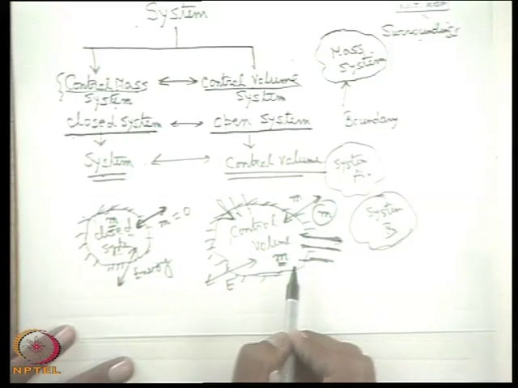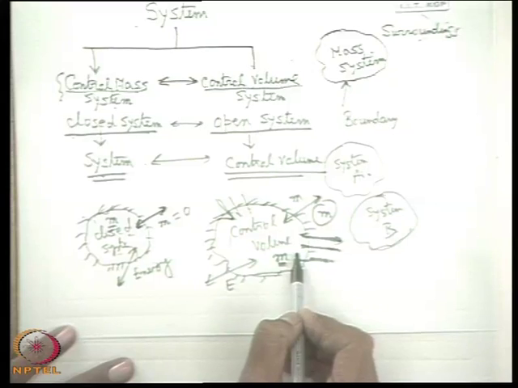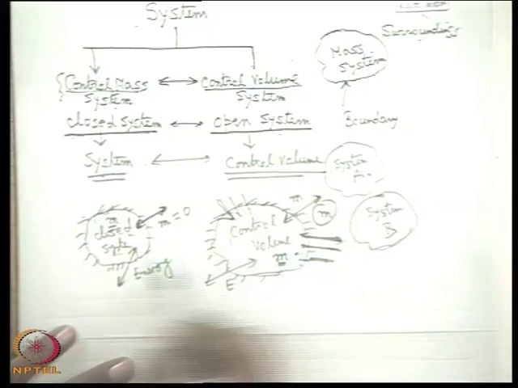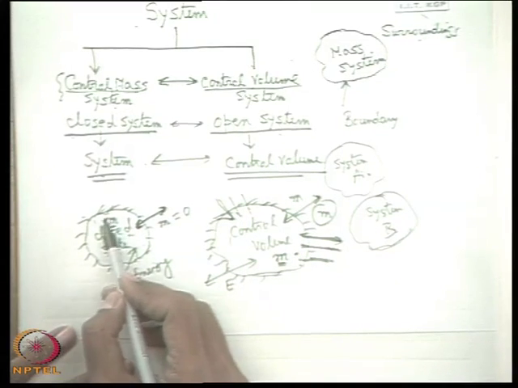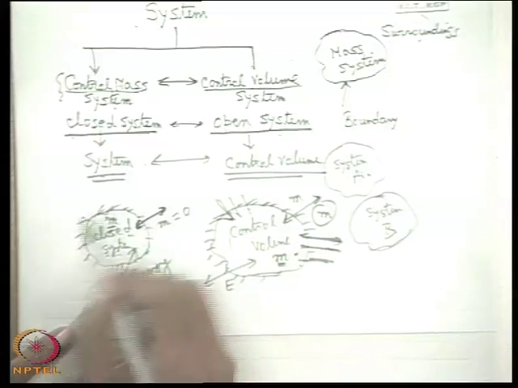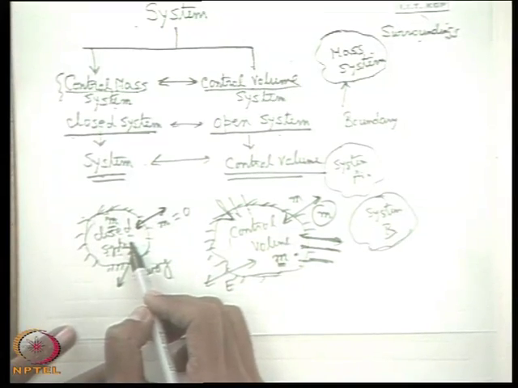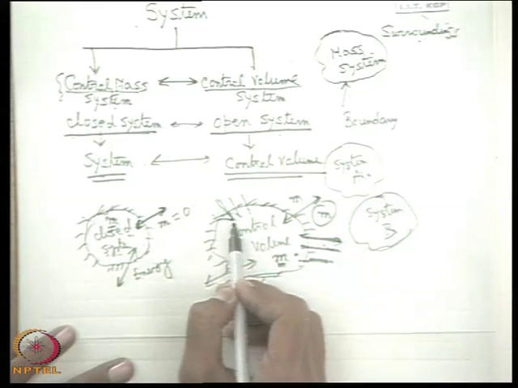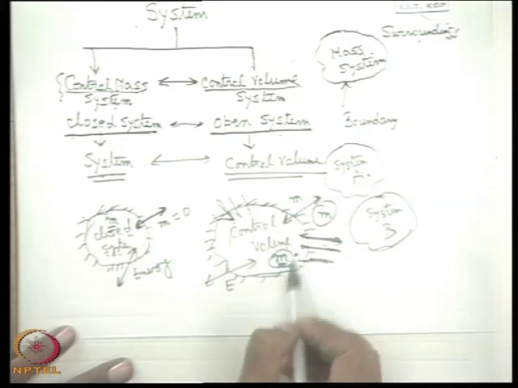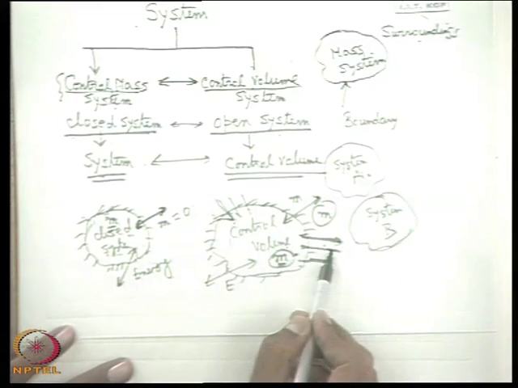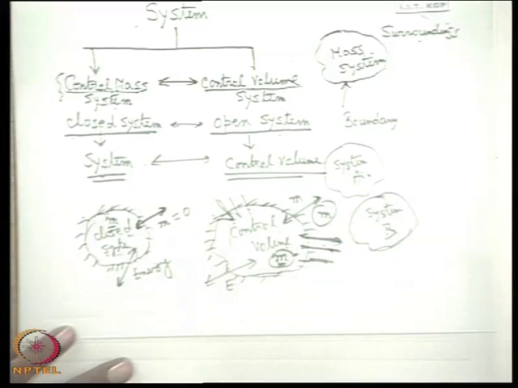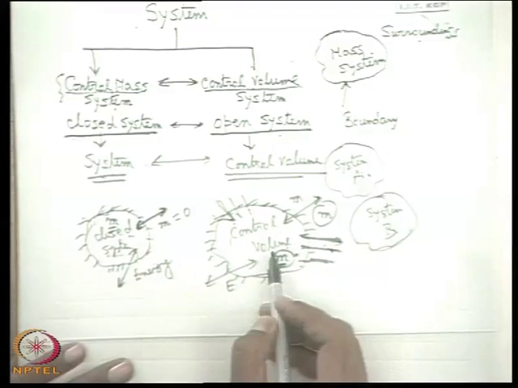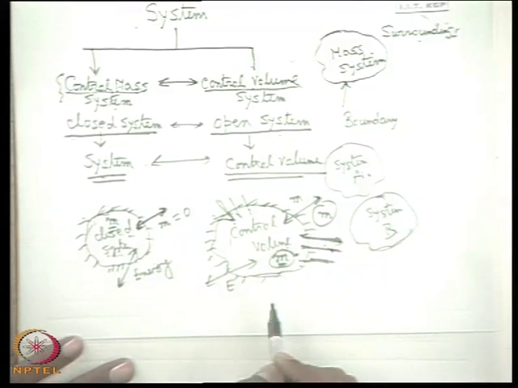But still, in that case the control volume system, or open system, differs from the closed system in that in a closed system not only the mass but the total identity of the mass remains the same. You understand? So here the identity is lost because mass is going out and coming in. Mass may or may not remain the same depending upon the balance between inflow and outflow, but identity is always lost. So this is the closed system and the control volume or open system.